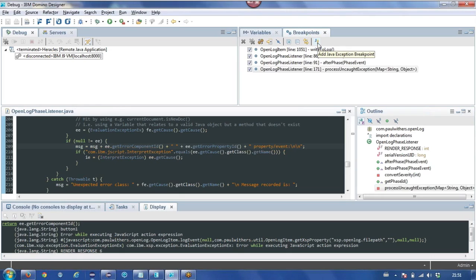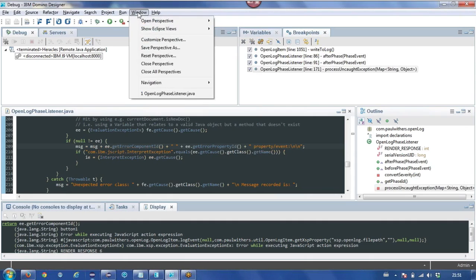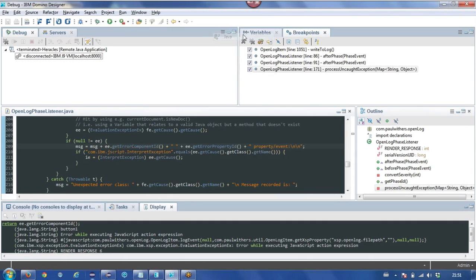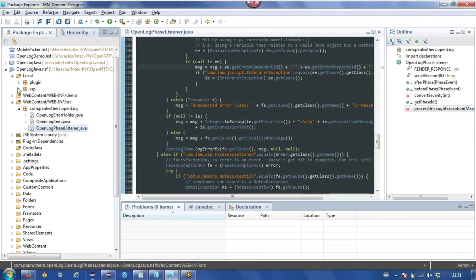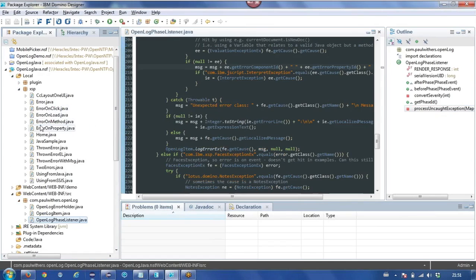I guess you just go through it manually to begin with. So in this world, you want to set a breakpoint before you kick off the page that you're testing against. Is that right? Exactly. It won't come up to life on the first line of Java, unless you said so. If you wanted to emulate the Lotus script, you set the breakpoint on the first line you can, and then you just start stepping through. But bear in mind that all of your XPages and custom controls are Java.